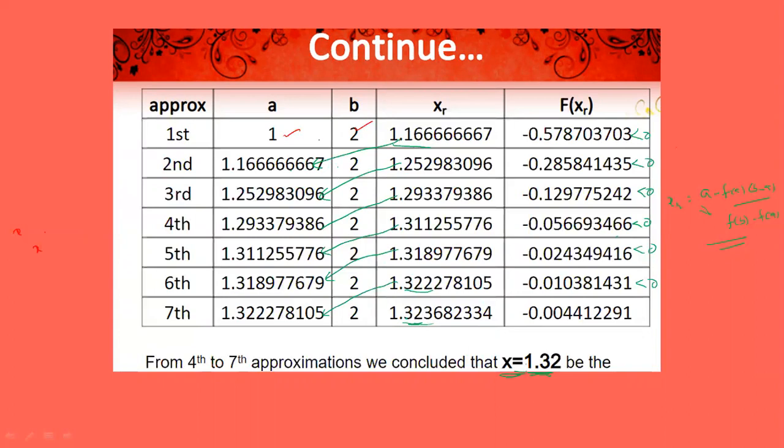In the secant method, we directly take this as A and this as B. We won't replace this value here. If f of x is negative, we replace with this. If f of x is positive, we replace this value with B. That part we won't do in the regula falsi method. In the bisection method, we always replace A and B based on negative and positive signs. Choosing the interval in regula falsi is the same as in the bisection method.